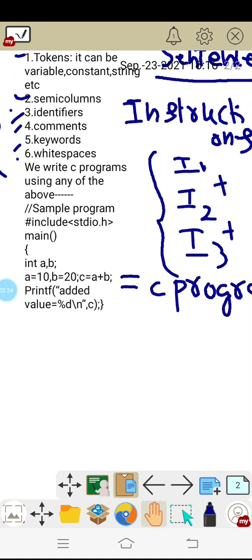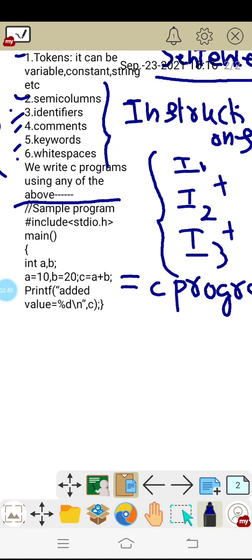Here I have given an example of a C program. This is how a C program will look. Whatever the 6 parts are to write the instructions, those are explained in this program.